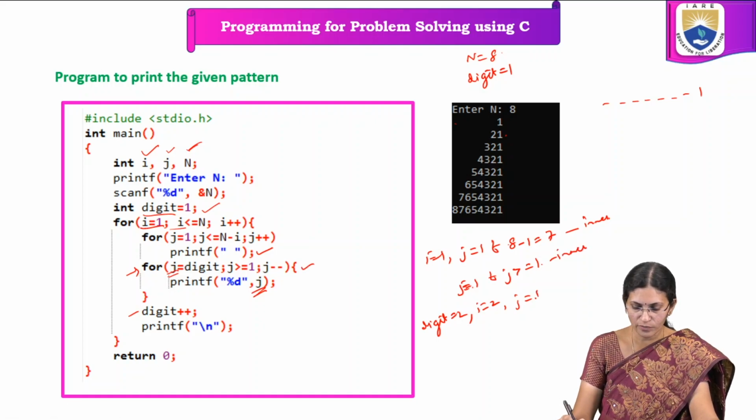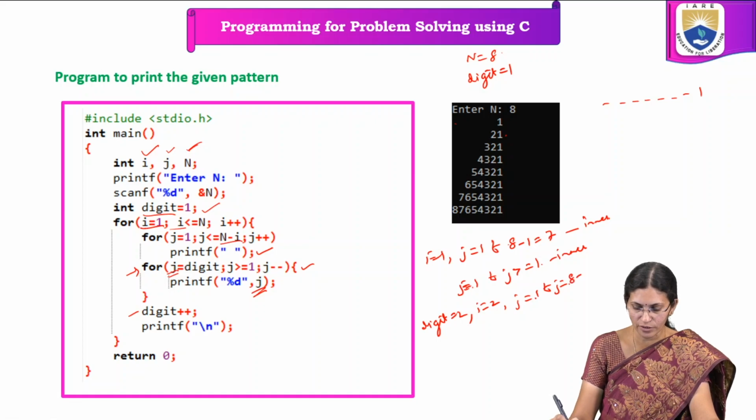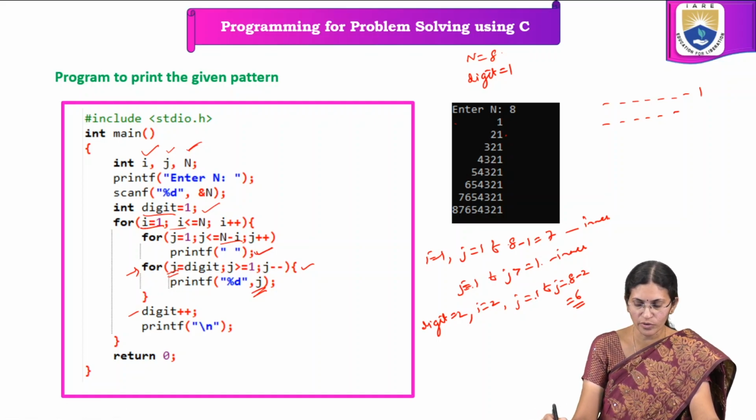j will take the value from j is equal to 1 to j less than or equal to n minus i. What is n here? Suppose n is equal to 8, 8 minus 2, that means 6. So 1 to 6: 1, 2, 3, 4, 5, 6. So 6 spaces are left. This statement will be executed 6 times, and then after that, for the same value of i, j will